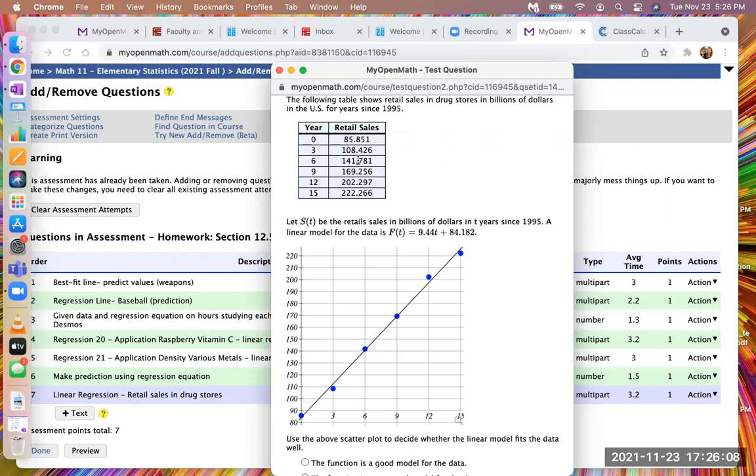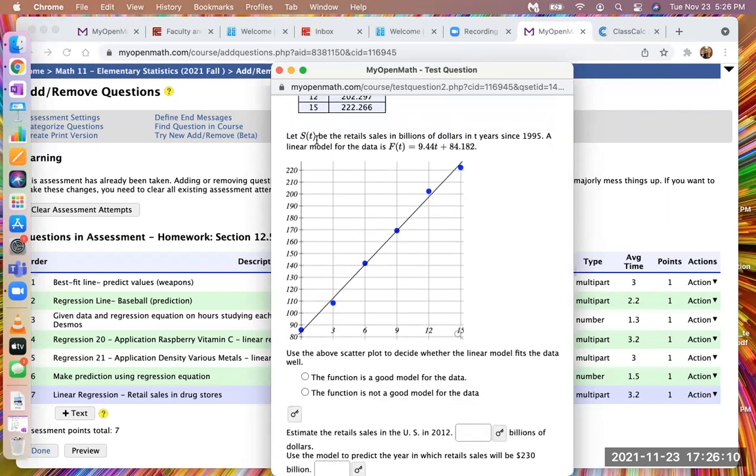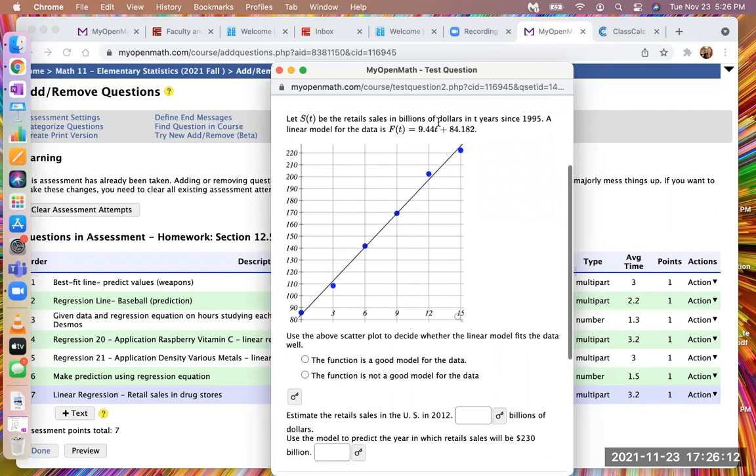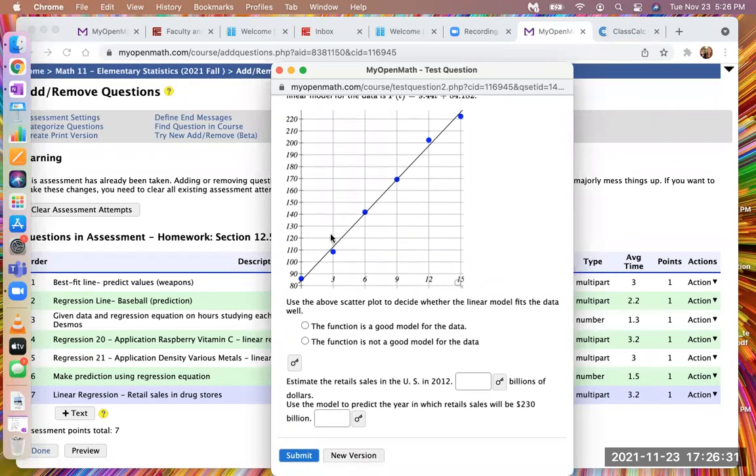Okay, but anyways, they say let S of T be the retail sales in billions of dollars in T years since 1995. A linear model is F of T. I think they really meant S of T, but whatever. F of T equals 9.44 T plus 84.182, and they have drawn the scatter plot with the least squares regression line